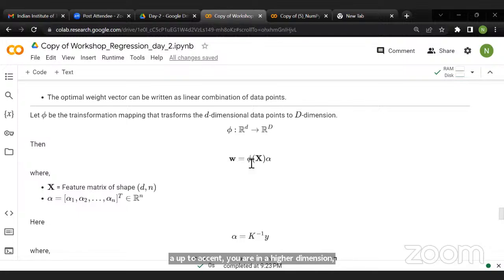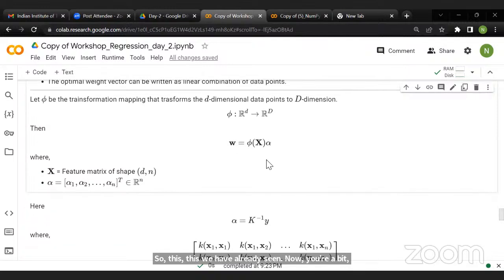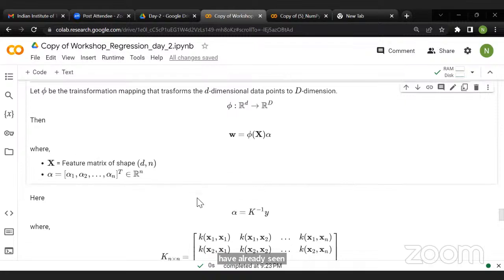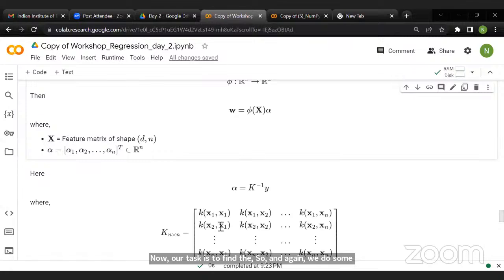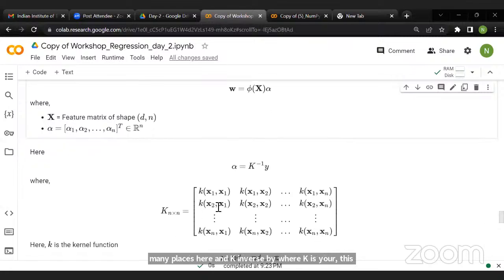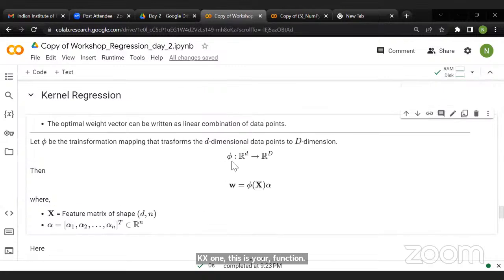So these are your data points in the higher dimension, and we have seen that your weight vector is actually a linear combination of these data points, right? So this we have already seen. Now our task is to find this alpha, this coefficient, right? Again we do some manipulations here, and alpha comes out to be K inverse y, where K is this matrix of kernel function values. So we don't find this phi explicitly. What we do is just